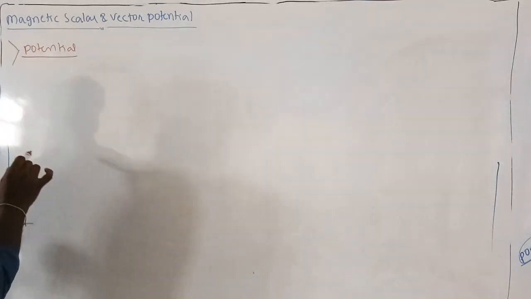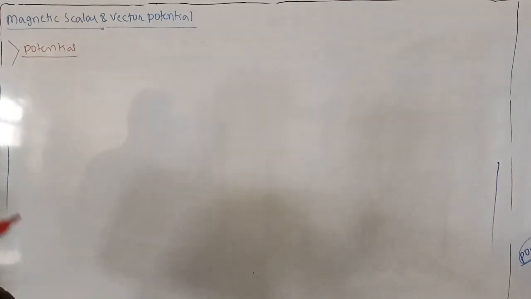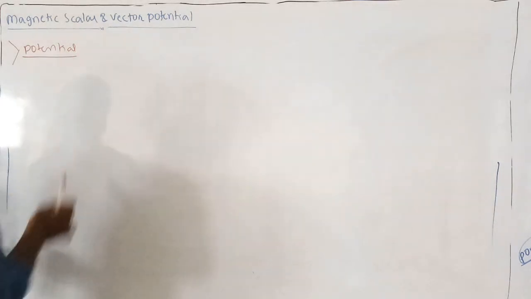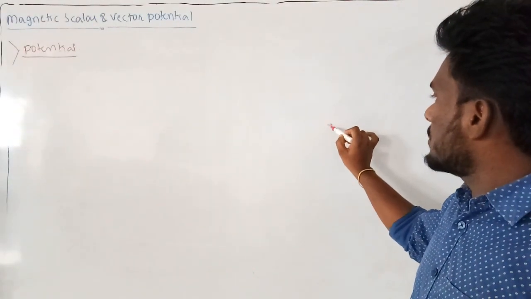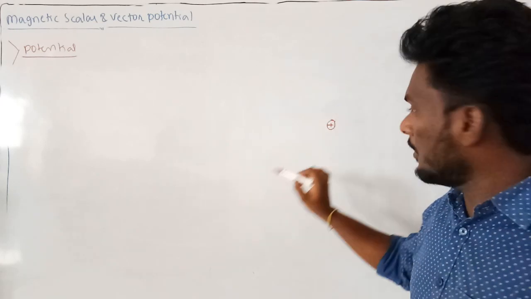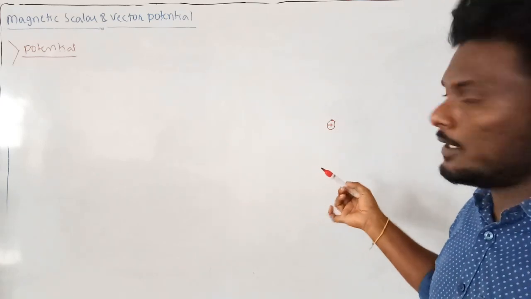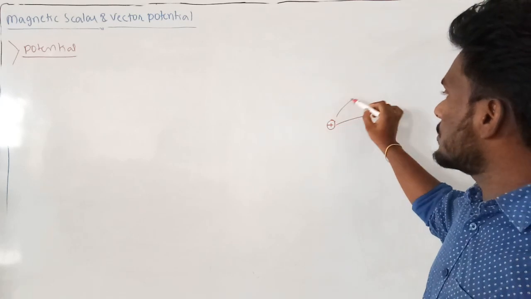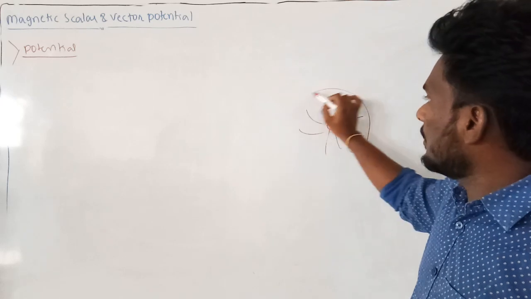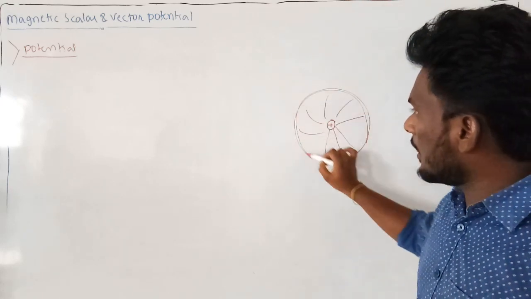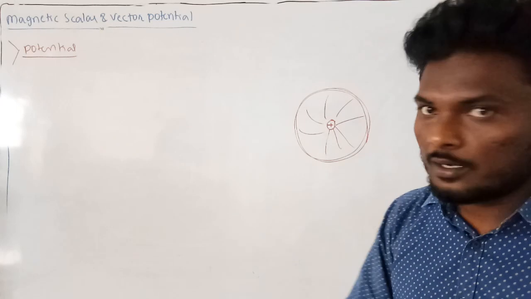In electrostatics, we have studied the potential concept only for a single valued function, so the potential is only one. How can we define the potential concept in electrostatics? If we have a charge, positive or negative, around this charge there is a region. This region is already known to you: the electric field region. The region surrounded by the electric charge is called the electric field.